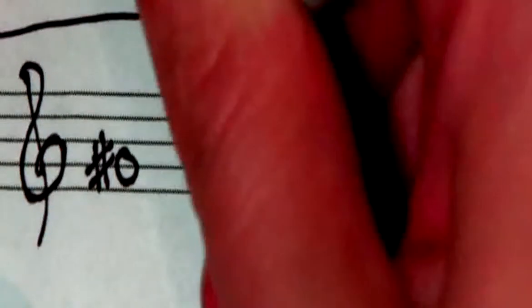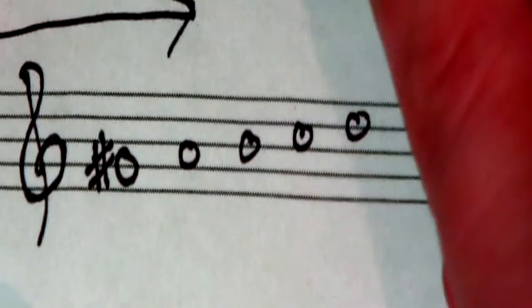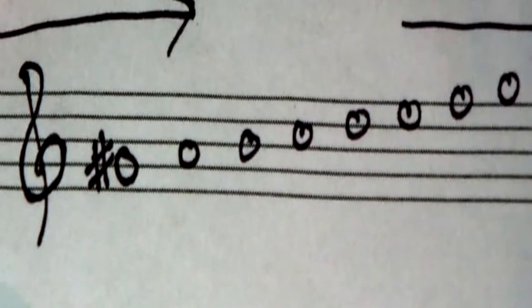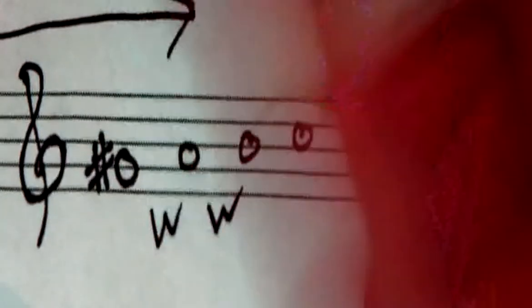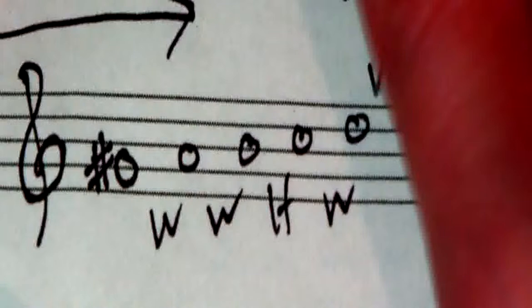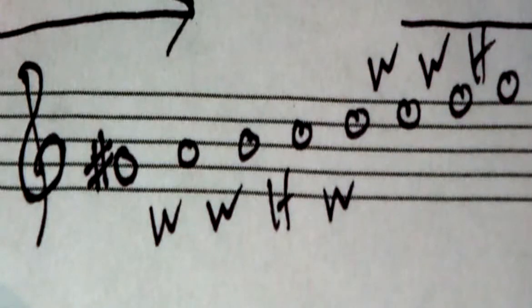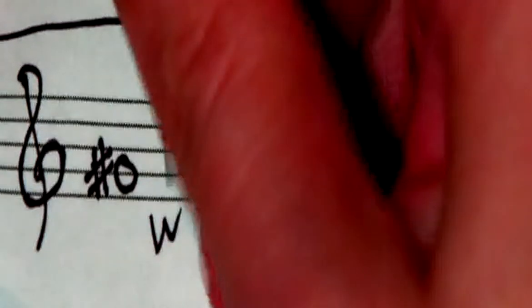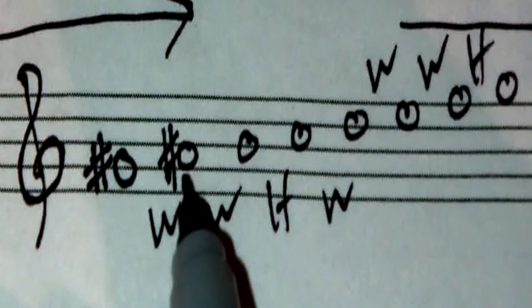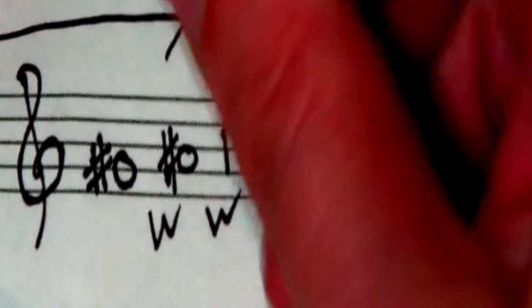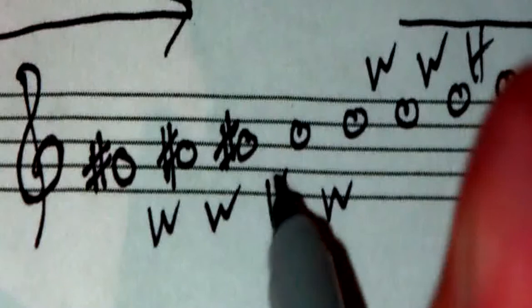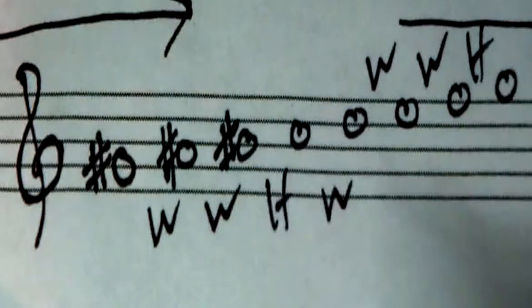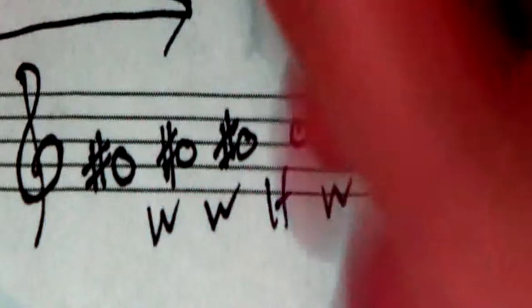So G sharp, again, I'm going to write all of my notes from G to G. G, A, B, C, D, E, F, G. Okay? And again, whole, whole, half, whole, whole, whole, half. All right? So let's go ahead and apply our accidentals. Whole step from G sharp to A sharp. Whole step from A sharp to B sharp. Half step. This is technically an aural unison. We have to make that